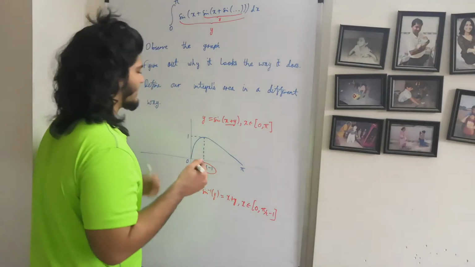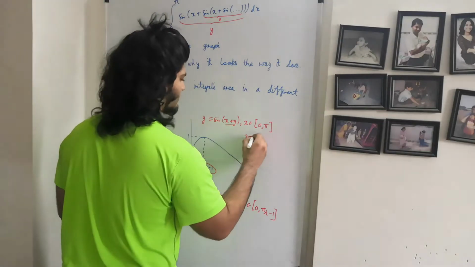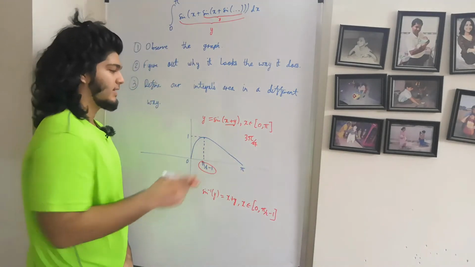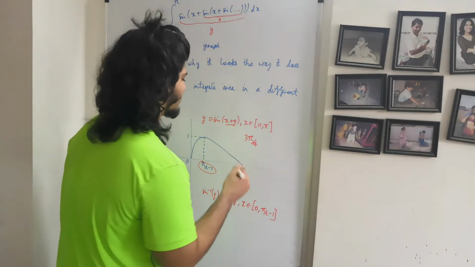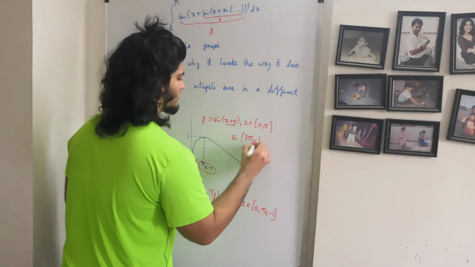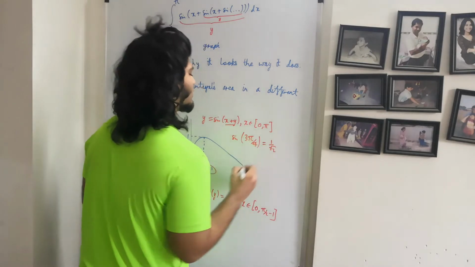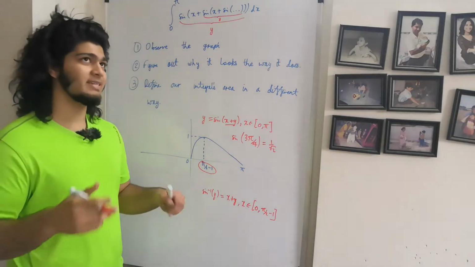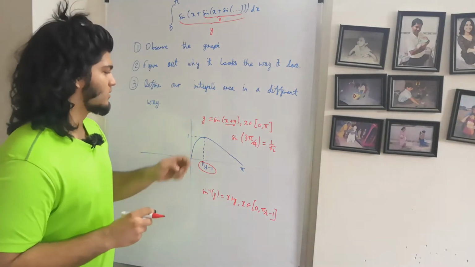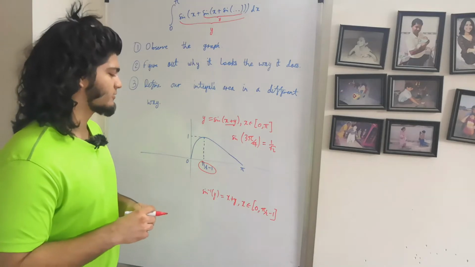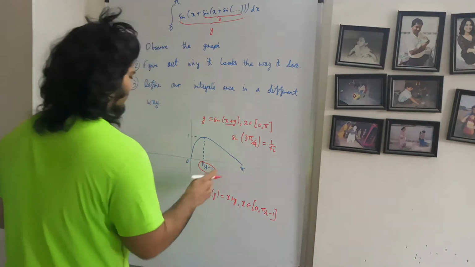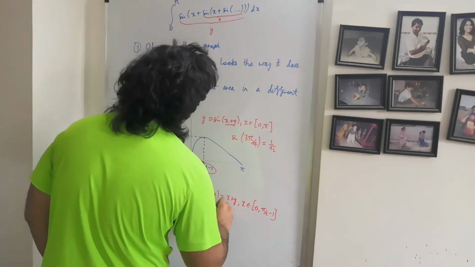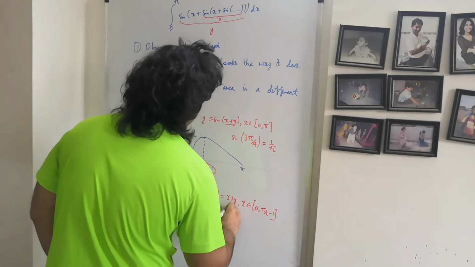So if I gave you an angle like 3 pi by 4, let's say, which lies between pi by 2 and pi, and I ask you what is the sine of this, you'll tell me 1 by root 2. And then if I ask you what is the sine inverse of 1 by root 2, you'll tell me pi by 4. And basically what I'm getting at here is that we can extend the range of the sine inverse function by subtracting it from pi. So for this remaining interval, we can say pi minus sine inverse of y is equal to x plus y,